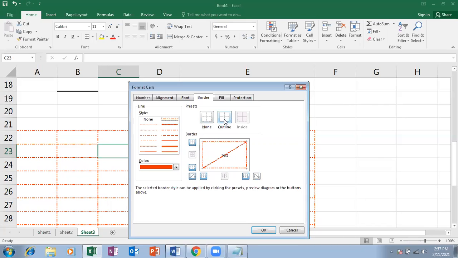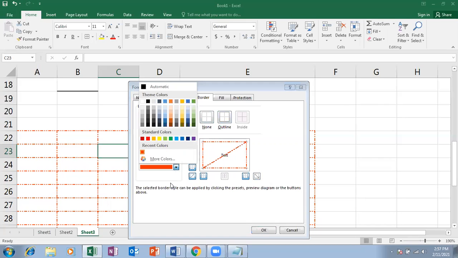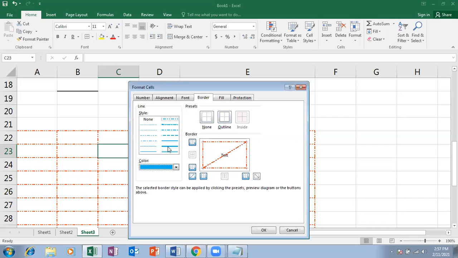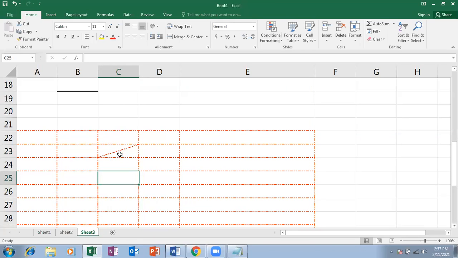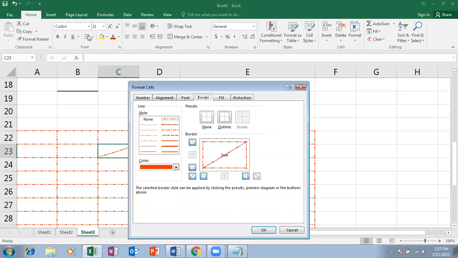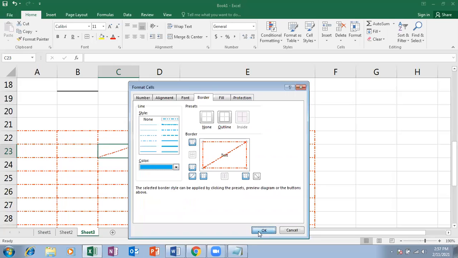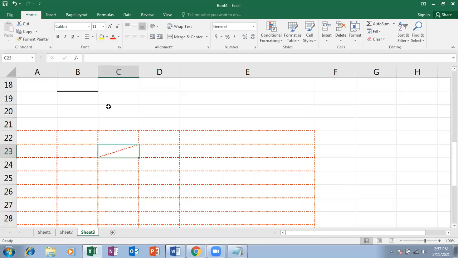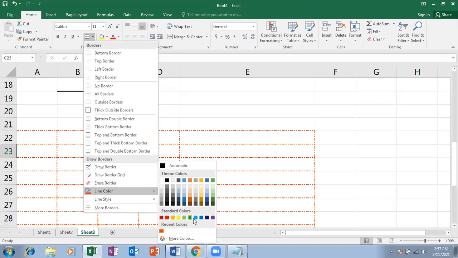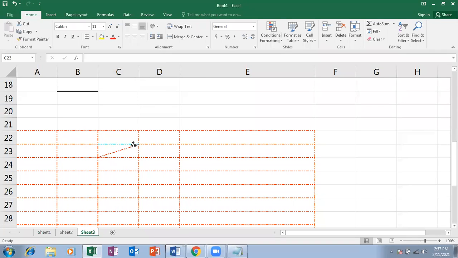However you want, you can enable it here. And which color you want, you can choose that. And which thickness, sorry, which style you want, you can choose that particular style here. Is that clear? Like this.